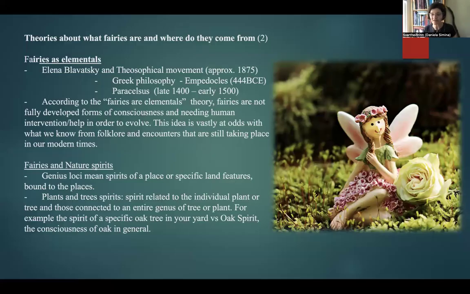So Paracelsus expanded on this idea of elements and elementals. We're going to get to elementals in a second. Elements as basic constituents of what we see, the world, human beings, and the interaction between these in various proportions shapes life and life forms around us and forms that are not alive by human standards.